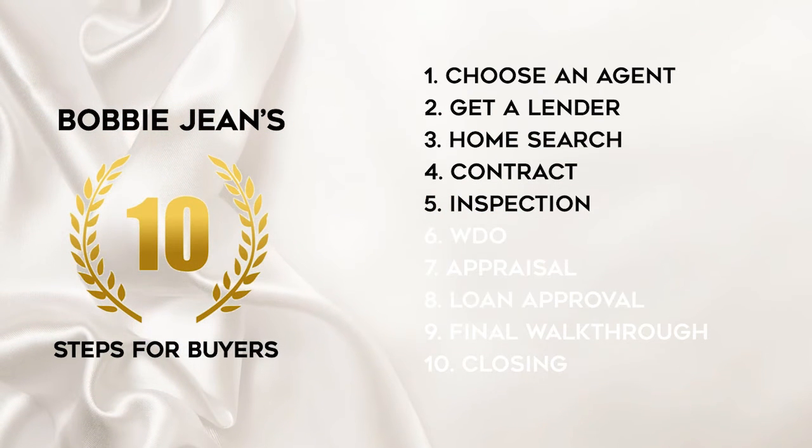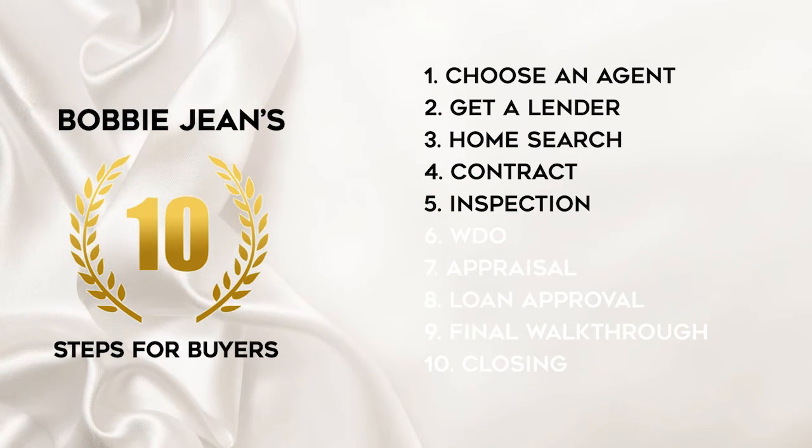The first thing in a contract is your inspection period. That's when you're going to do all of the home inspections. If you want to do a wood destroying organism inspection, if you want to do air quality, if you want to do lead base, if you want a roofer to come look at it, if you need a pool inspection. So all those need to be set up, and when you have an agent that's there to help you get those set up and make sure that they're there, it's going to make the process so much easier,